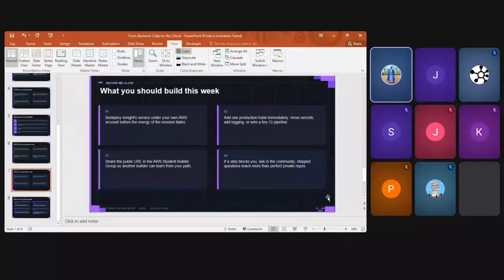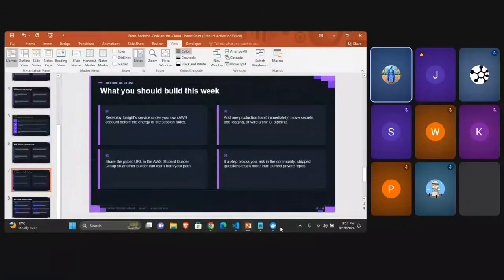So again, what should you build this week? This was to come after we have done everything on the demo part. I'll ask you to have it next week, then everything will be ready.